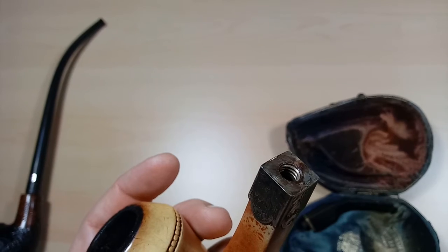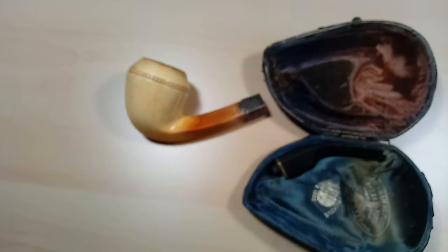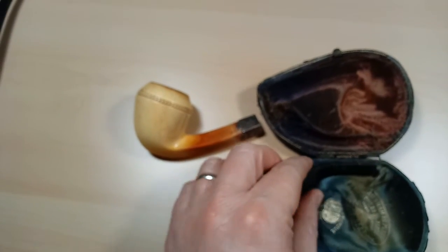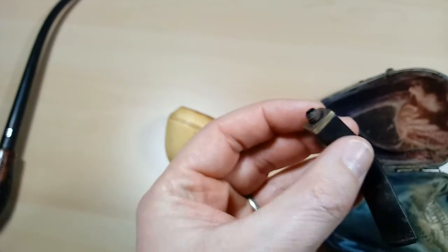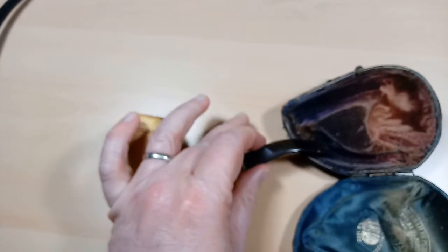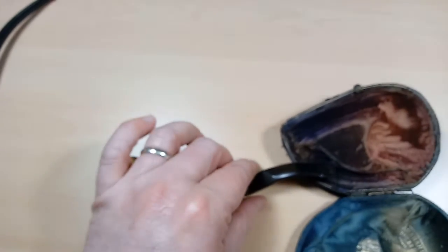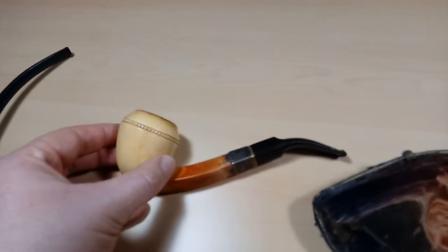As you can see, it has threaded on the inside, and so you would take, I'm being very careful with this because it's old, and I'll show you how old here in just a minute, going by the label. But you take this threaded end, and it just screws into this end, and I'll see if I can assemble it and try to do this one-handed because I'm doing this with my phone. But let me just set this down for a moment. And there you have it. So it screws together